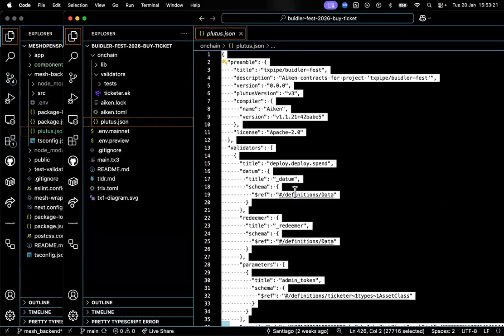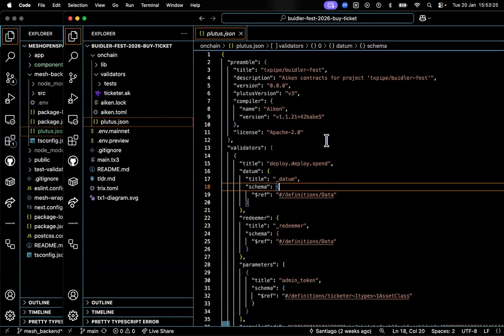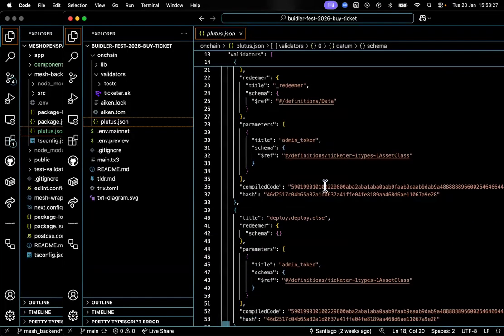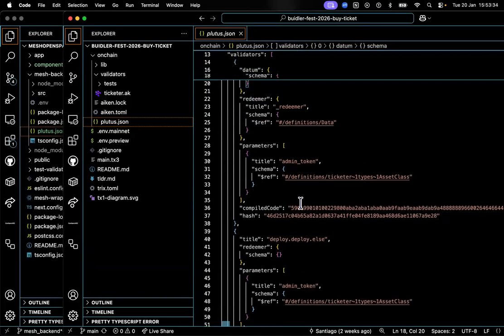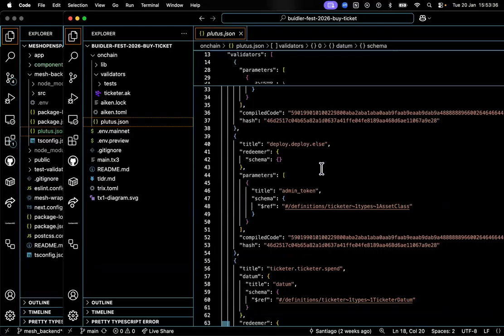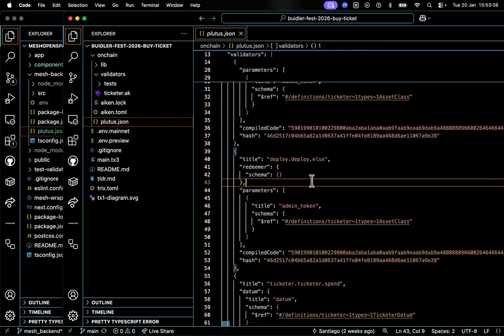Emmanuel, I have a question. Why do we even need Plutus.json? We need the Plutus.json to get the compiled code, the necessary hashes and those kind of things directly. And also, there's a reference script for it already there.